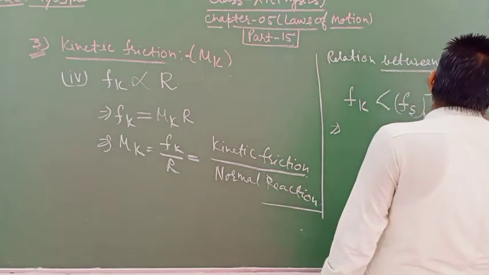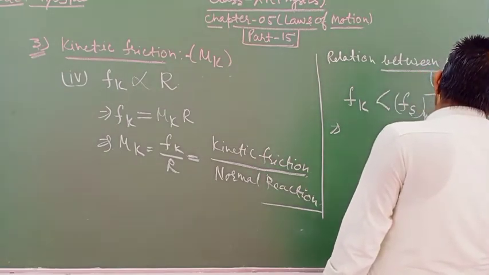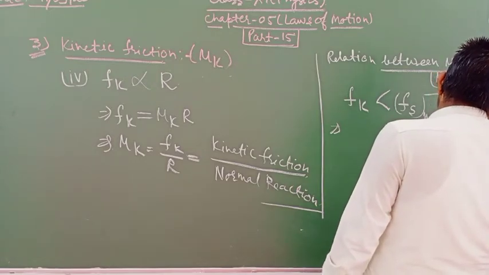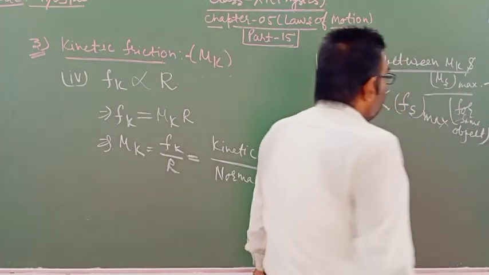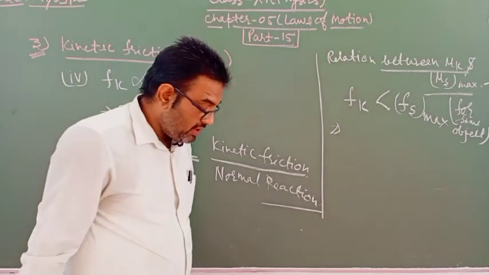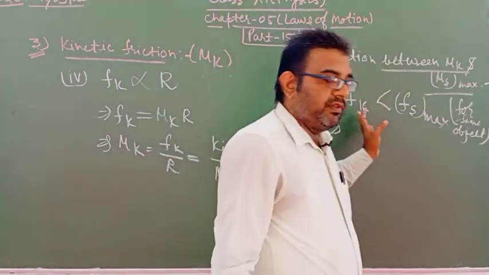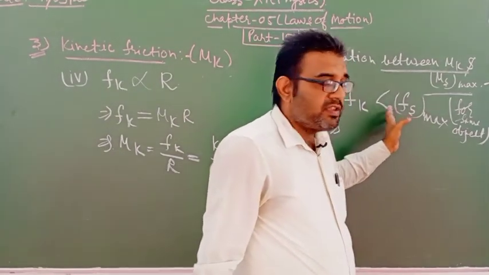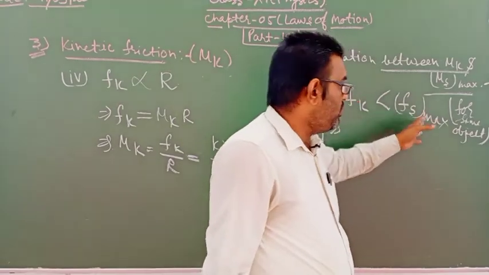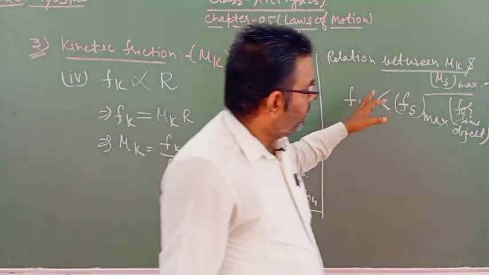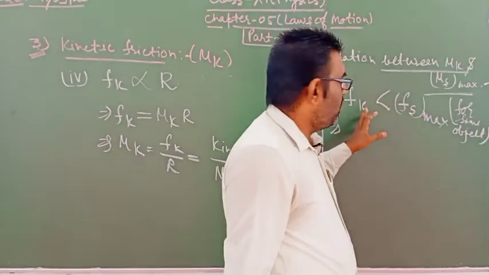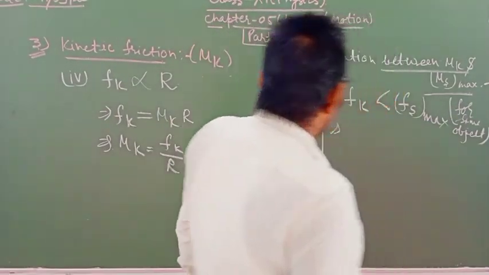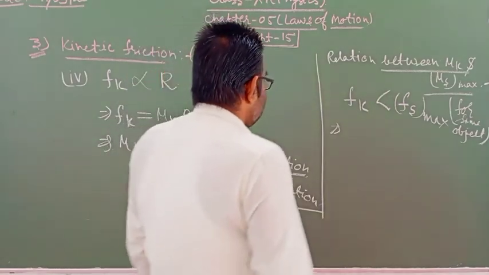same object, because if the normal reaction changes, then the friction also changes, and the Fk and Fs values also change for the object. So we are keeping the same object over which the kinetic friction and limiting friction are acting. So we can write Fk as mu k